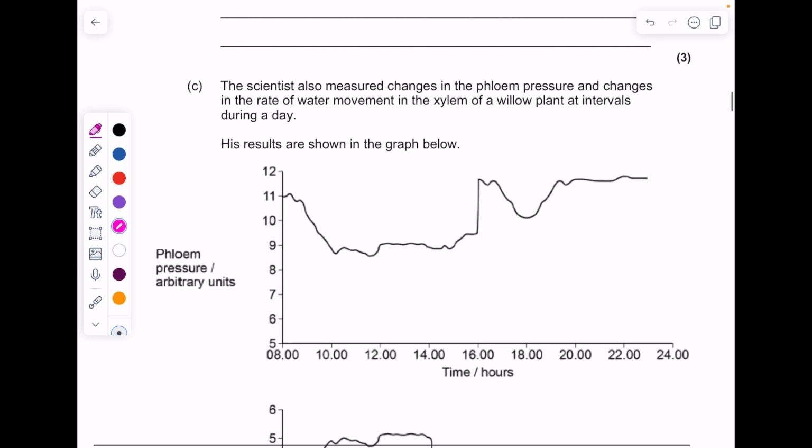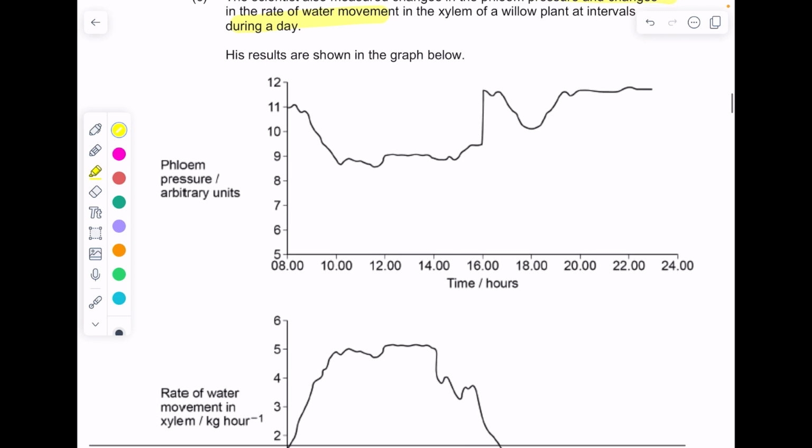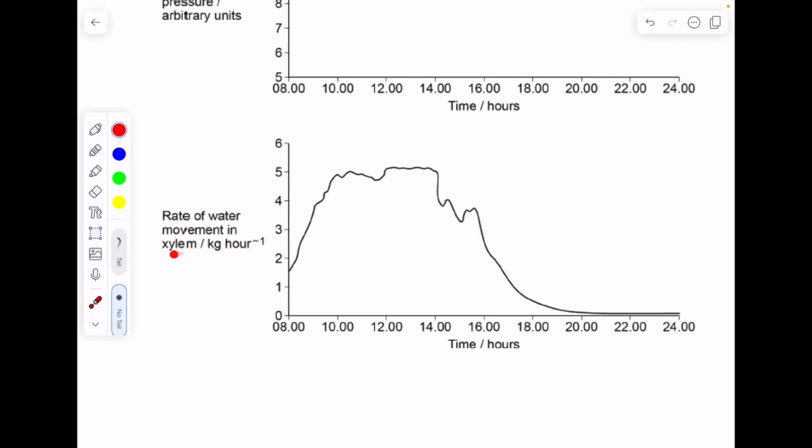The scientist also measured changes in the phloem pressure and changes in the rate of water movement in the xylem of a willow plant at intervals during the day. His results are shown in the graph below. So we have phloem pressure, here's the time in hours, and then we have the rate of water movement in the xylem. You can see that it's at its maximum when it's going to be the hottest, sunniest portion of